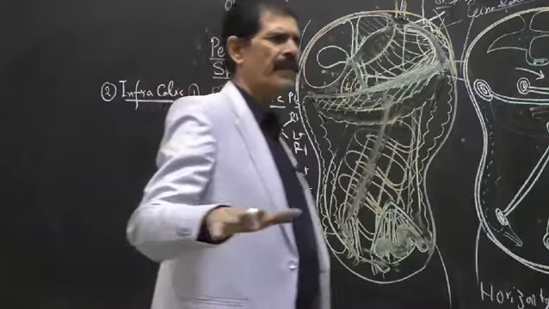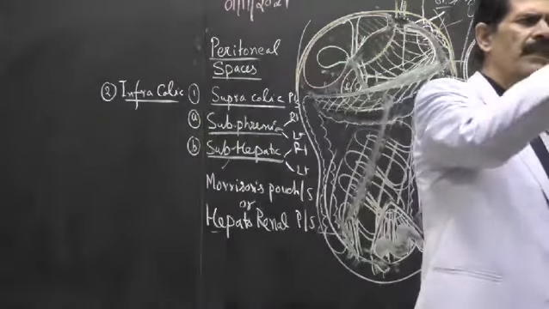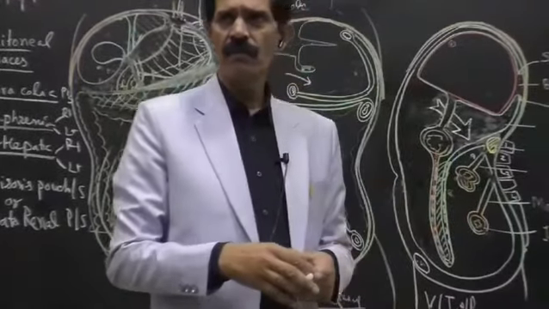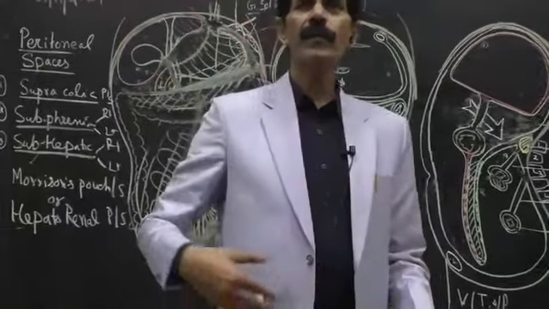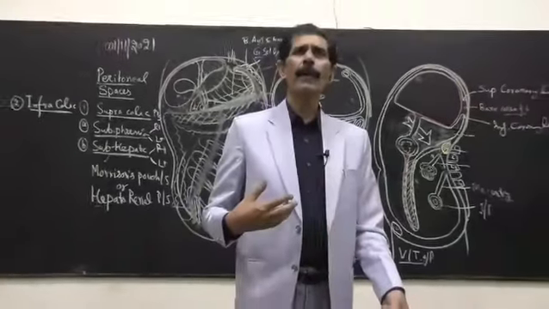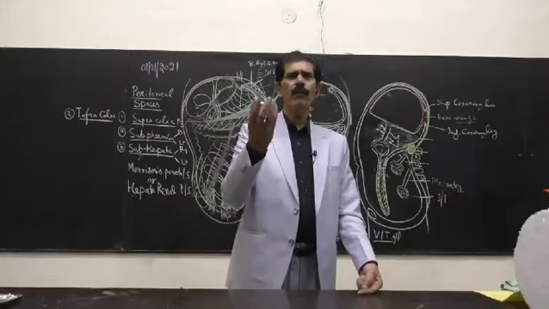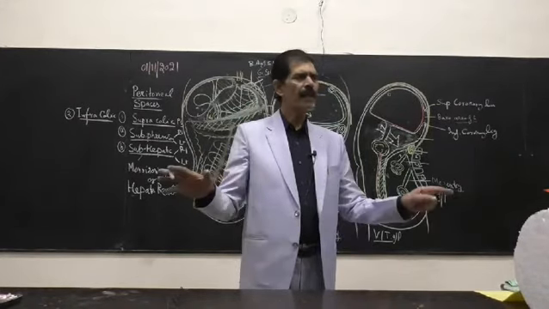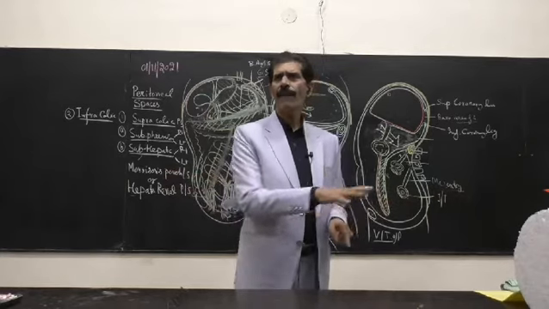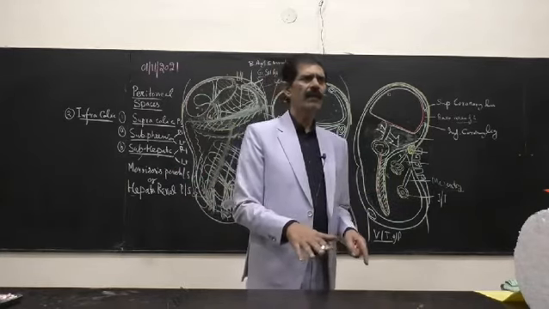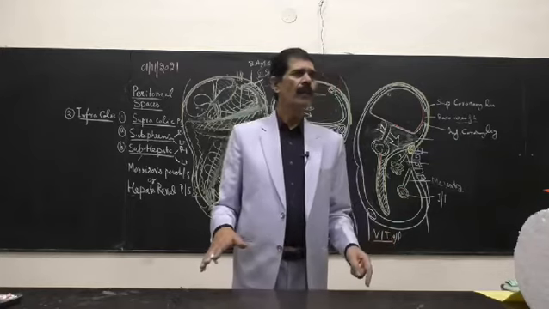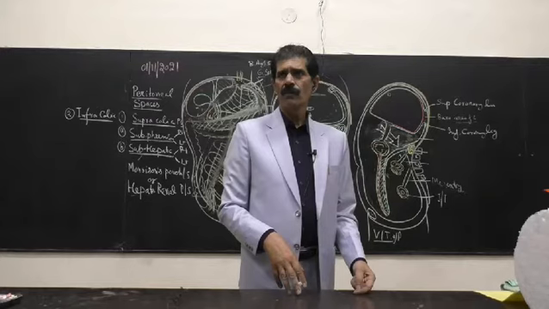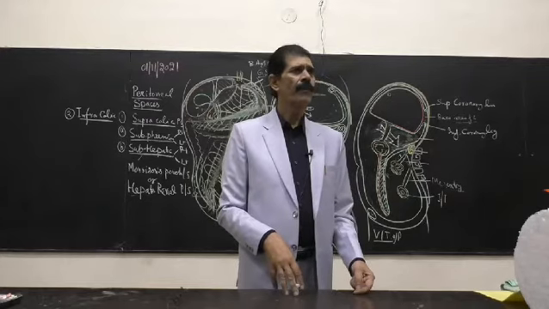Whenever the patient is lying in the supine position, because of gravity, all the fluid will be collected in this pouch. Whenever we do a laparotomy, an operation on any organ, after the operation some oozing of blood and serum comes out of that organ. And when the patient, because of pain, is lying on the bed and can't move, the whole of the fluid will be collected in Morison's pouch. So that is the problem.